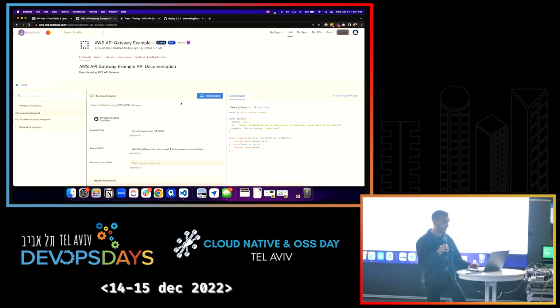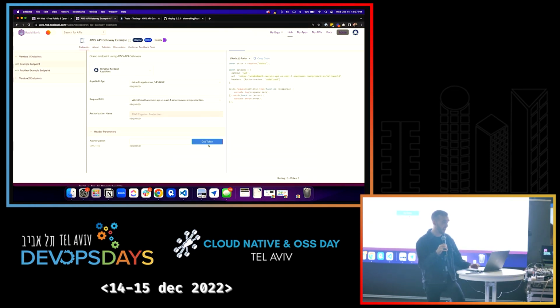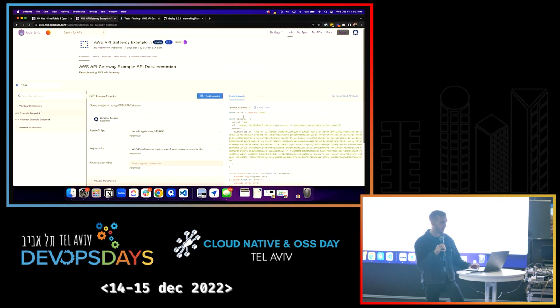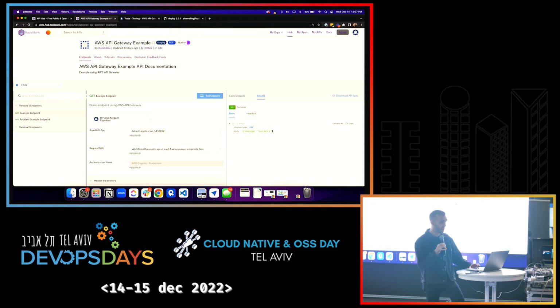And once that's done, we can actually go ahead and just test this API right in the browser. So I can go ahead and authenticate, test the endpoint, and see this working API directly in the browser. Again, the Wi-Fi here is a little bit slow, but you can see that 200 status code. So RapidAPI is really focused on making it a more streamlined, seamless experience for developers to use and consume these APIs. So I just went through a bit of that builder journey and how we develop and deploy APIs.